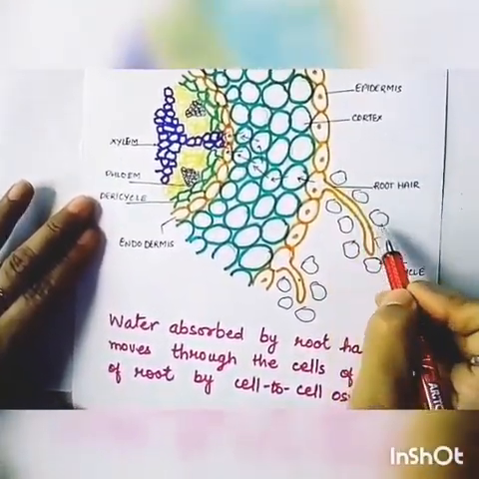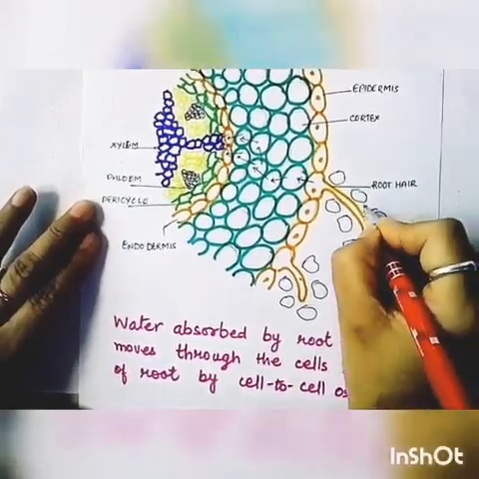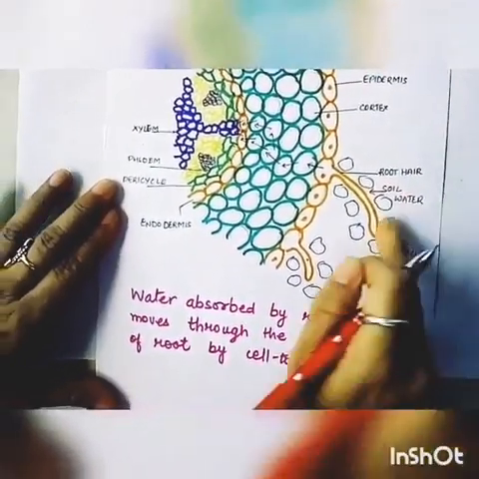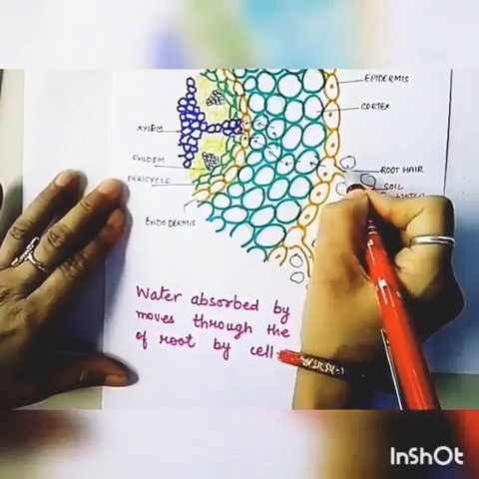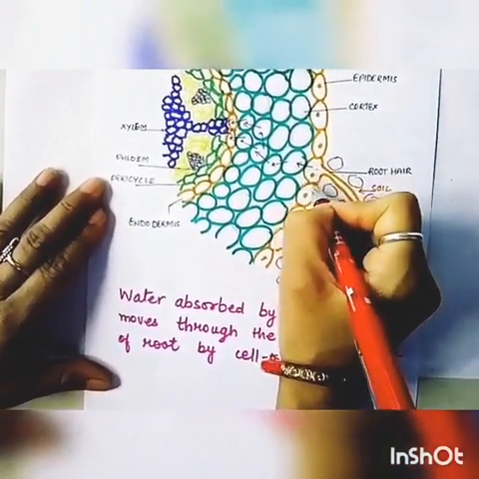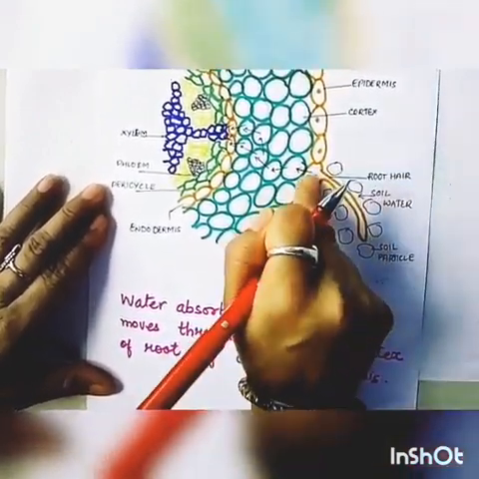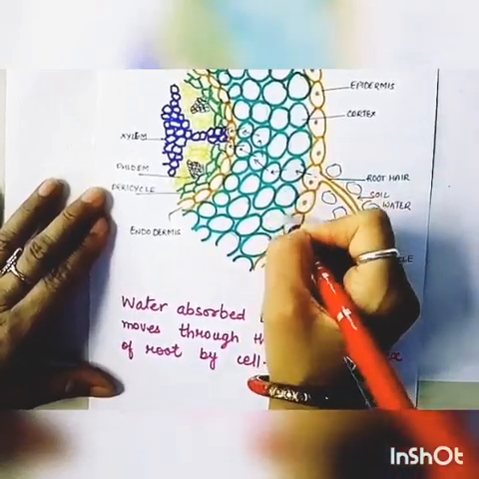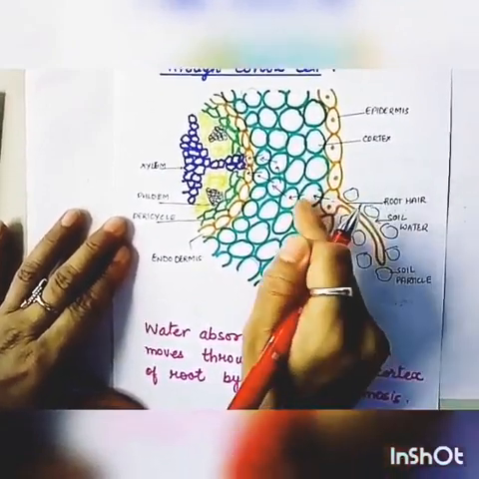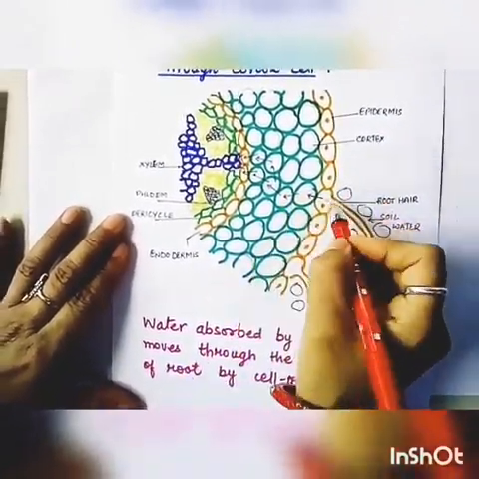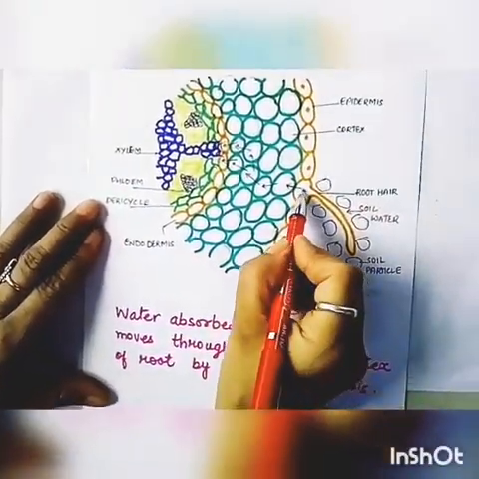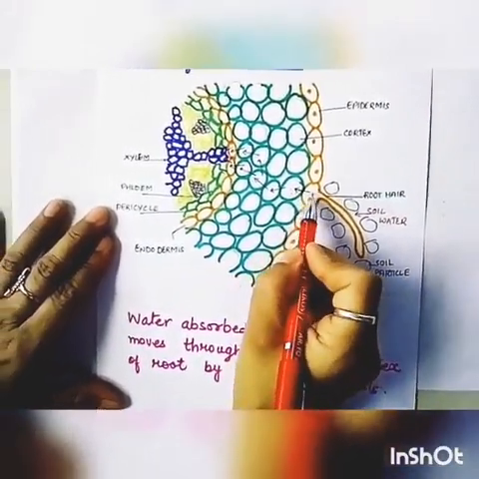This root hair is surrounded by soil particles. In between the soil particles, soil water is present. This soil water is less concentrated than the cell sap. So the water moves from the soil water into the root hair cell, and this cell becomes water sufficient. It is filled with water, and it is surrounded by cortical cells which do not have that much water. Because of the difference in the concentration gradient of water between the cortical cell and the root hair cell, the water moves into the cortical cell.